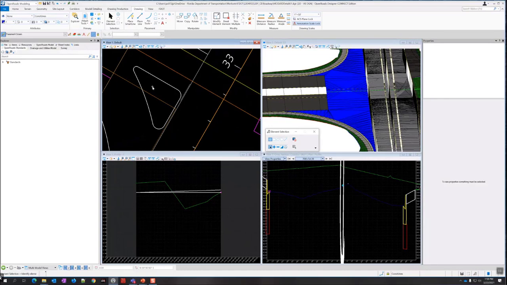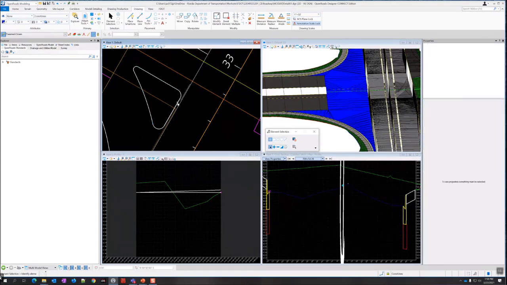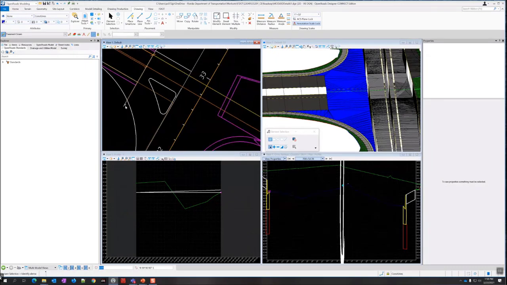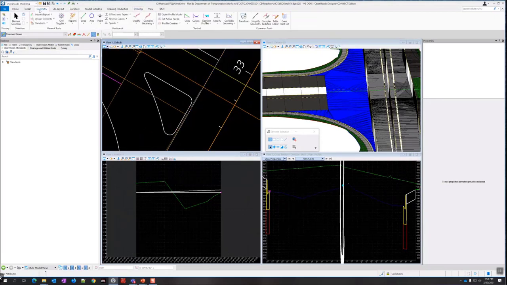All right, so this needs to be complex together so we can build a linear template off of it. So we're going to turn it back into civil geometry. When we copied it, it turned it back into just a complex chain. It's not civil geometry. It doesn't have any intelligence. Because this is kind of complex the way it was built, rather than trying to recreate it like we did with these fillets, it's easier just to copy it. And we'll make it civil geometry again.